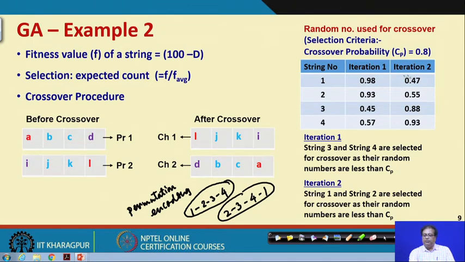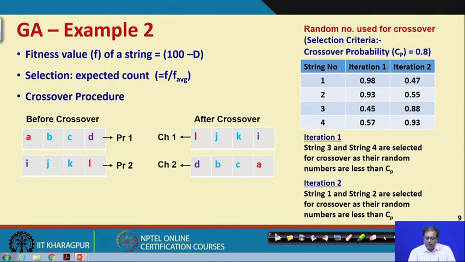We have some probabilities and we see that strings 3 and 4 are selected for crossover in iteration 1, because the probability is lower than 0.8. And here strings 1 and 2 will be selected for crossover because their random numbers are less than the crossover probability. This is how we make use of the crossover probability to choose whether to go for crossover or not, right.